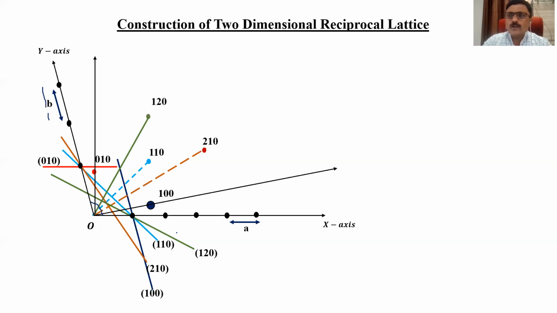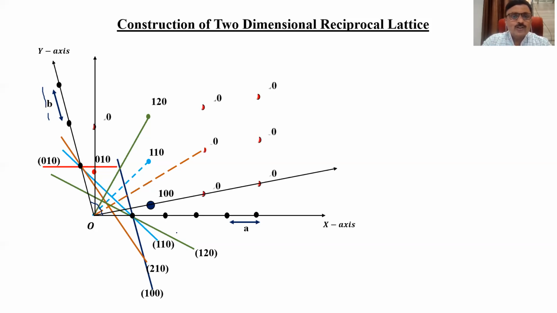So this is a very simple way to construct the reciprocal lattice points. Friends, remember here we are representing two-dimensional planes by a single line. So the complicated representation of the planes in the direct lattice can be made easy by drawing the reciprocal lattice points. If you go on drawing all the reciprocal lattice points for different sets of parallel planes that are available in the direct lattice, you will get a series of reciprocal lattice points like this.